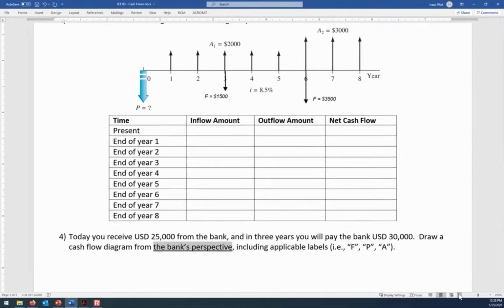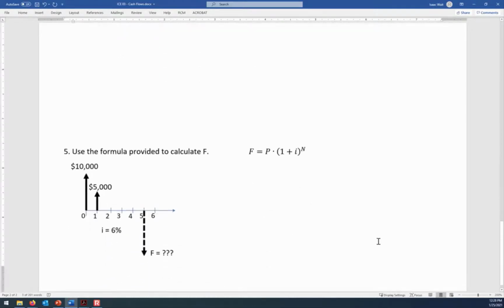And then finally, question 5 is one of those stretch questions where we haven't yet talked exactly about how to do problems like this, but I'm going to see if you can go a little bit beyond what I've already told you. Apply your ingenuity, apply your creativity, stretch your mental muscles a little bit, and see if you can use this formula to find out what is the amount of the lump sum for the cash flow diagram that's